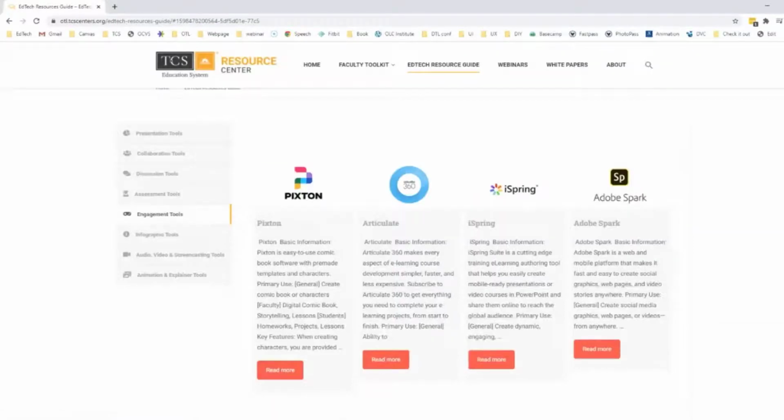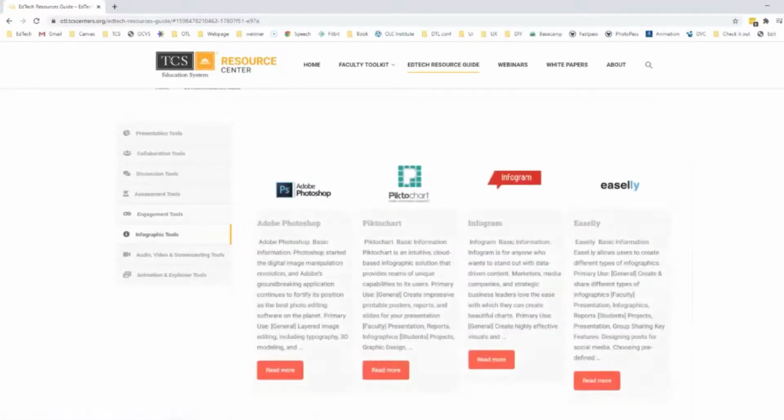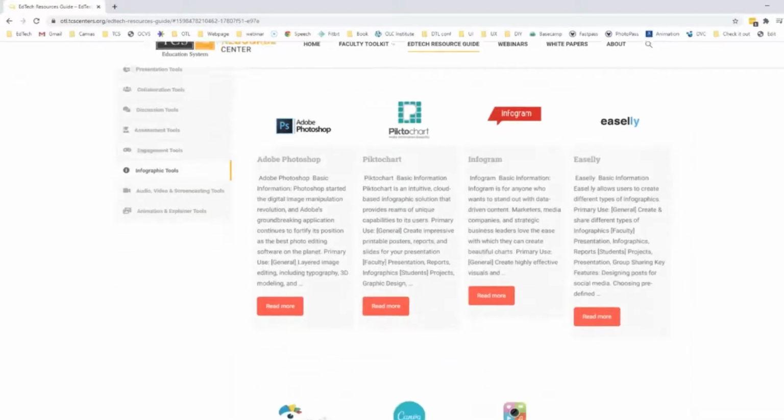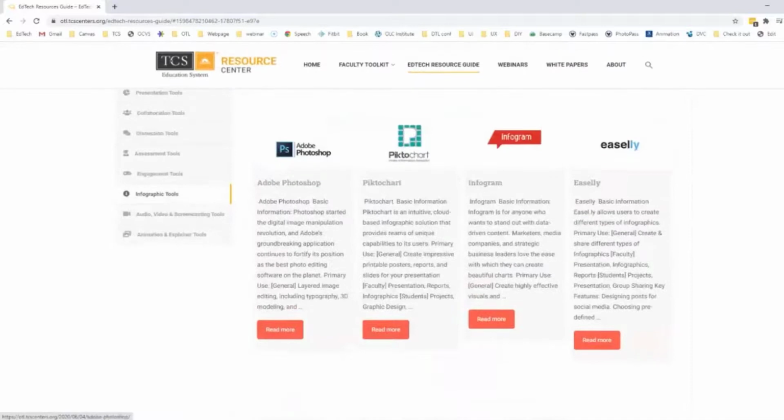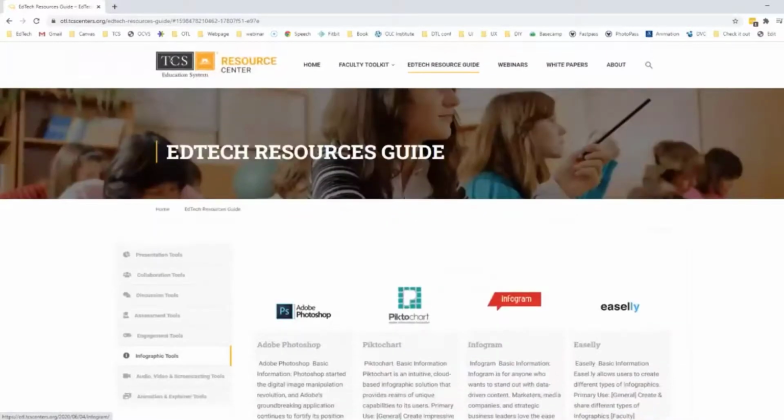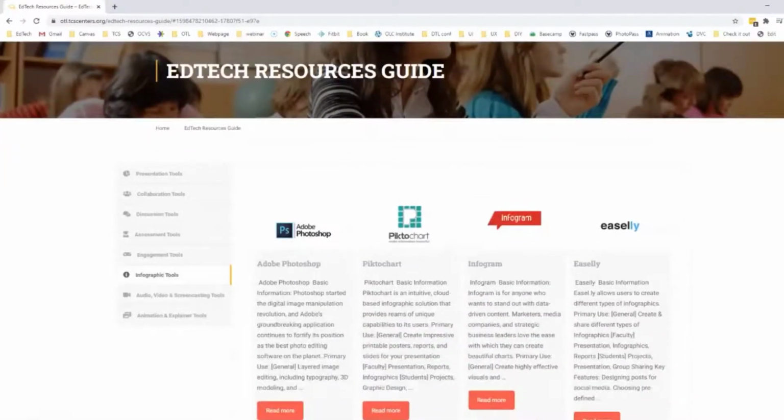Engagement tools, which will take the course content up to the next level and really work to elevate it. You know, things like Nearpod, Edpuzzle, Adobe Spark. We just did a technology spotlight recently on Adobe Spark. Infographics, if you're interested, infographics are still very relevant in higher education, and we have some great tools. Most of these are free or freemium in that you can create a free account, and if you pay them money, then they'll give you more functionality.